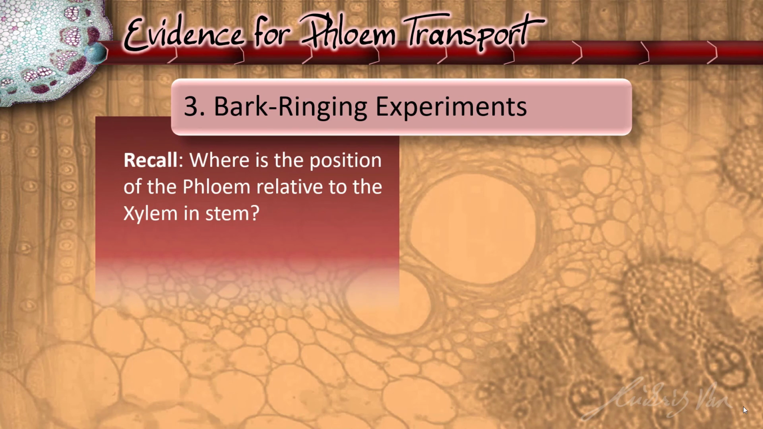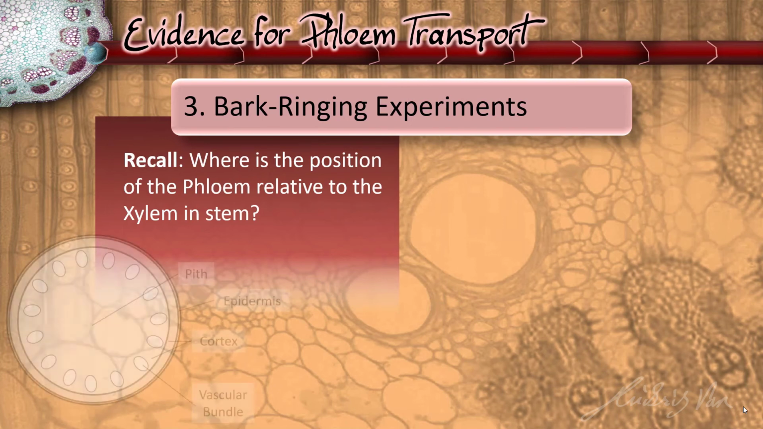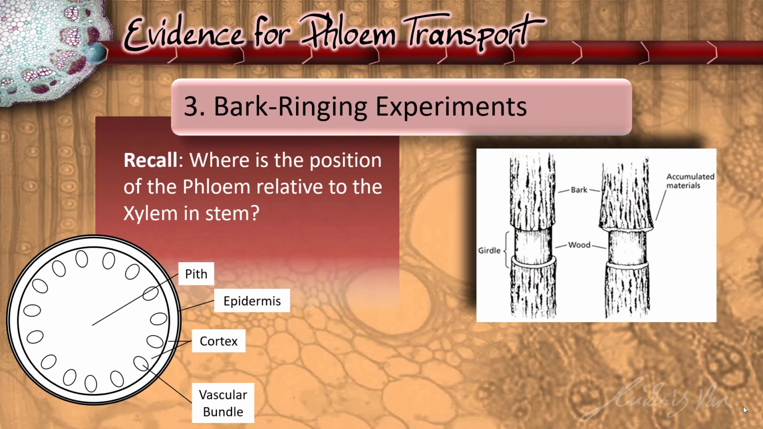And lastly is the ring bug experiment. So just try to recall where is the position of the phloem relative to the xylem in the stem. So phloem, right, is on the outside while the xylem is on the inside. So if we just chop off the stem, the outer layer of the stem that contains the phloem, what will happen is when the plant is transporting the sucrose,